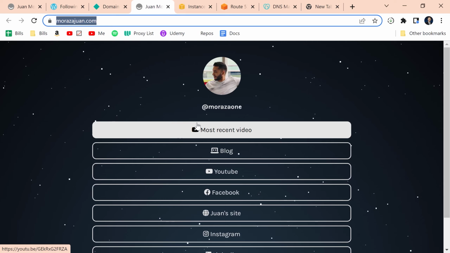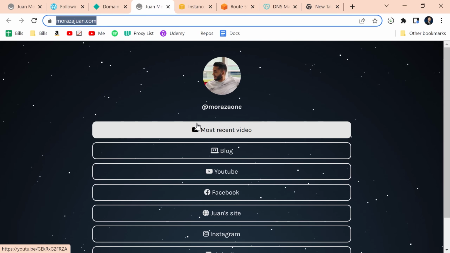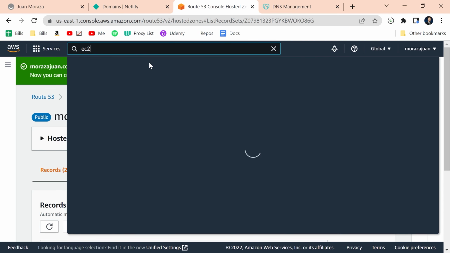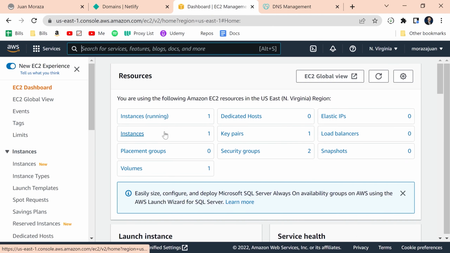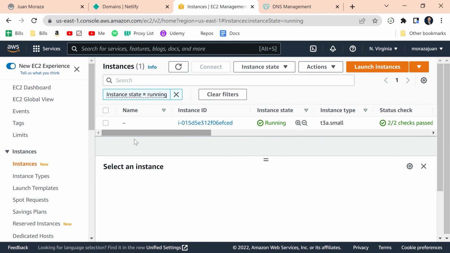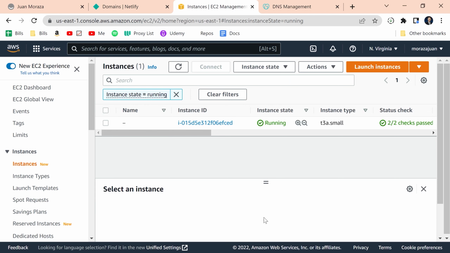Now after that, let's go and create our EC2 instance. EC2. We click on this first option, and right here we're gonna create an instance. So click on instances. It says that I'm running one, and it's because I'm running the one for Moraza1. But if you just created an account, you're not gonna have anything. So you click right here, launch instances,